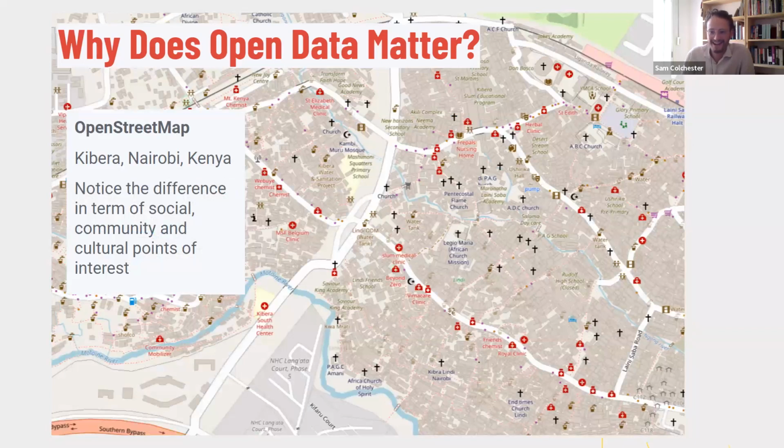So this is exactly the same location, but now showing OpenStreetMap. Look closely here and notice the difference in terms of social, community, cultural points of interest that are mapped and given prominence. So here we have many more health sites mapped. We've got water access points. We've got religious sites.